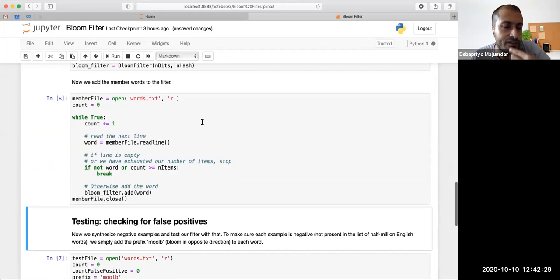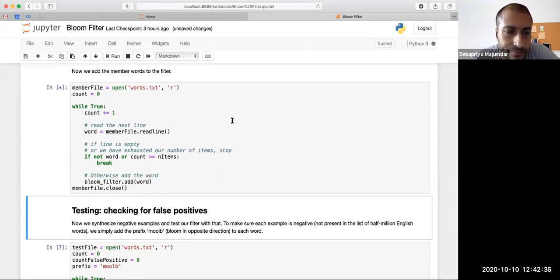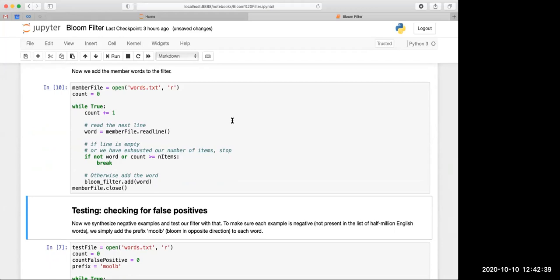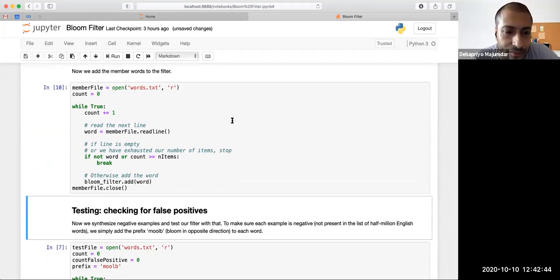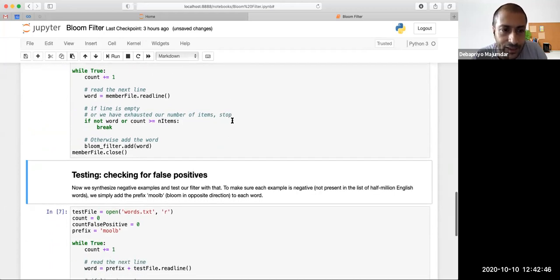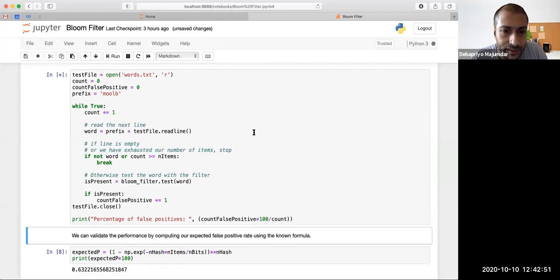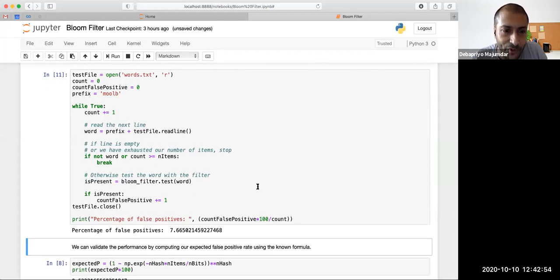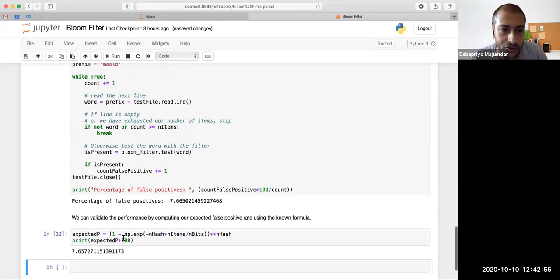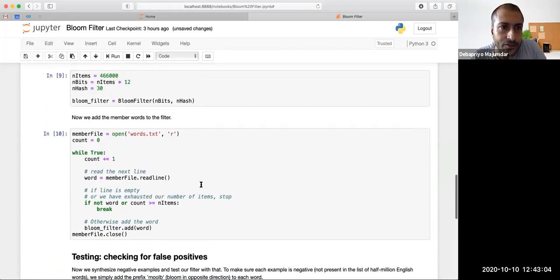Now, of course, this means we are doing it with more hash functions, and it should take more time. The number of false positives should also increase, because it depends on that graph, right? If you refer to the slide, in this case, unfortunately, our number of false positives will increase. Yes, it's 7.66%, and that is also expected. The expected error probability is also 7.65%. So the 15 was actually better.